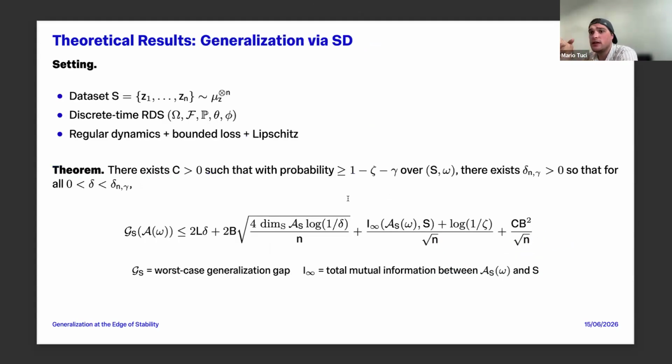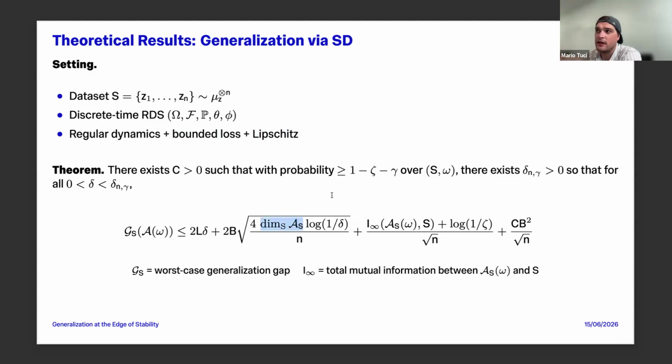And what we show now, and that is really interesting, is that we can relate this to the generalization gap. Again, this is an informal statement. I will not frame all assumptions, but basically there is some regularity on the dynamics, and we have a bounded loss and a Lipschitz loss. Those two are typically standard assumptions in learning theory. Then we can say with high probability that the worst case generalization gap over the attractor is bounded by some sort of mutual information term, which I will disregard for a minute, and this new dimension.